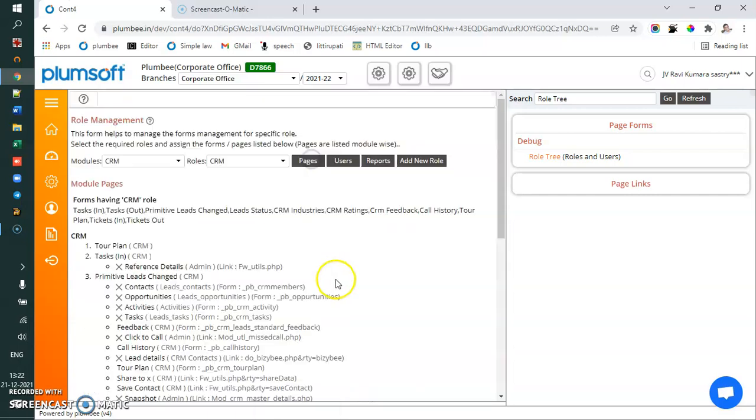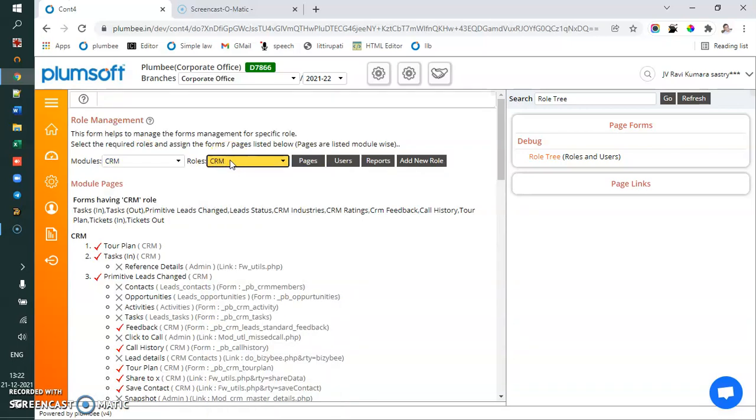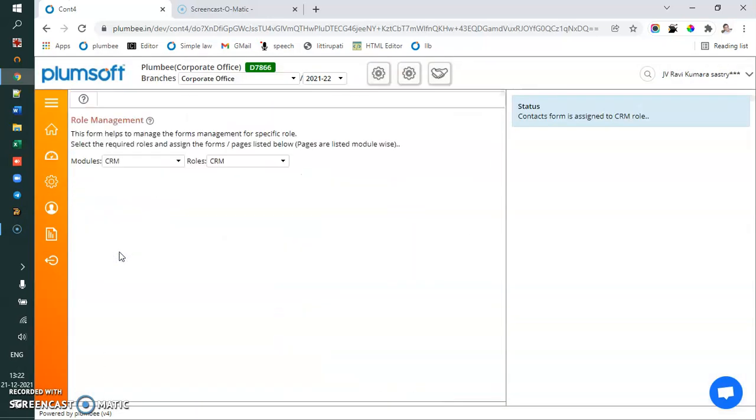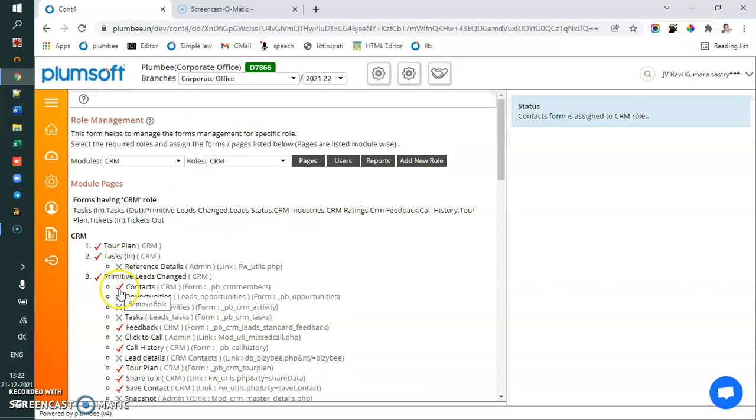Let me see. In the CRM module, for the CRM role, these are given. You will see contacts are not given. Suppose I want to give contacts, just click on them. The contacts are given now. So basically this is the form and this is the link under that.